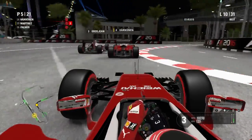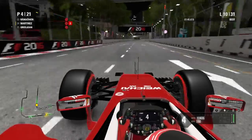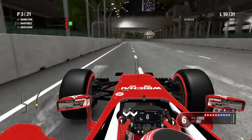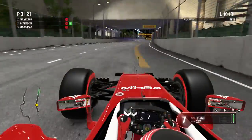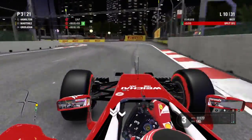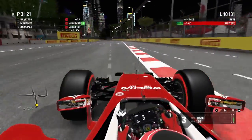able to pull off fairly easily if I can just time it right, which I have done here, as I pick up a great run through the right-hander there, and some great traction on the exit, and we fly past the pair of them now as we make our way on the back straight. Grosjean's trying to pick up some slipstream here, but I think he's a bit too far back to make a move on me, and it looks like we are into third place now, and we can try and hunt